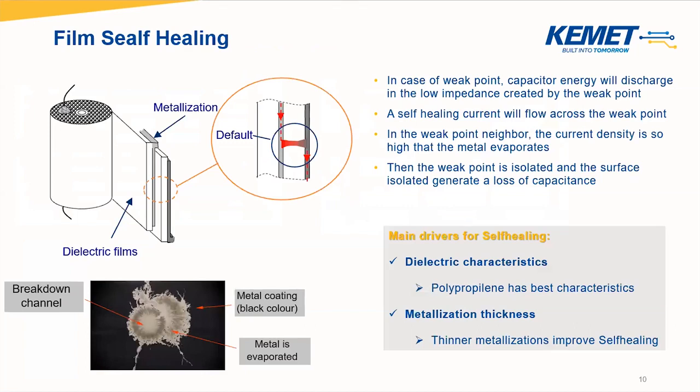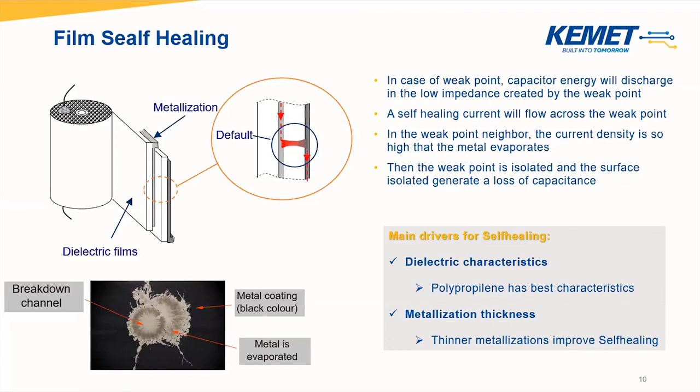We said that one of the most important characteristics of the film is the self-healing property. The self-healing property is the property that makes the film capacitor able to fail into an open mode instead of having a short circuit. So let's see a little bit what happens. If I have a weak point inside the film, or I apply a peak of voltage that could happen inside the application, I can have a flow of current from one polarity to the other polarity of the capacitor. This